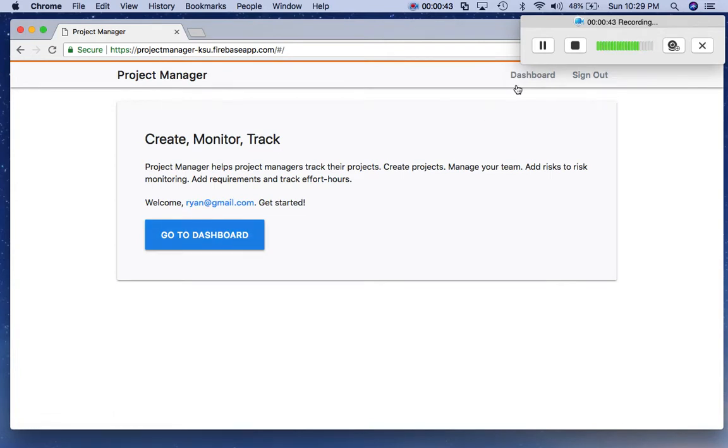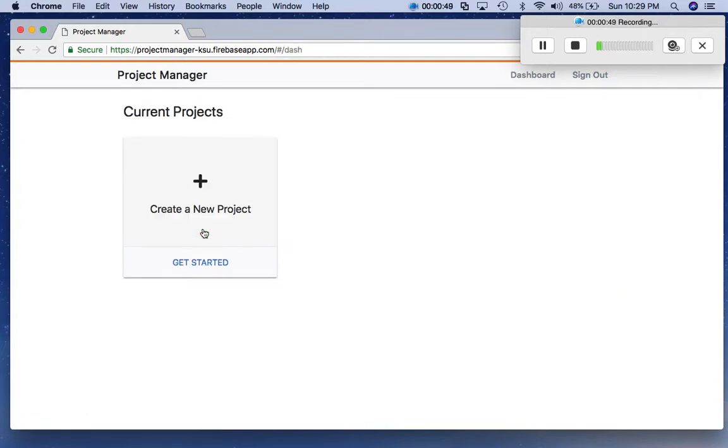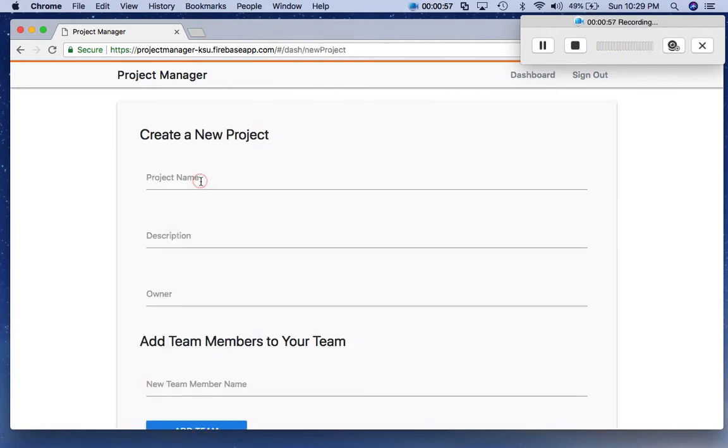So you can either access that by clicking the dashboard up here or go to dashboard after you have registered. Since this is a new username, there are no existing projects, so we will create a new project by clicking here. Alright, and then this is the page where you will enter in various aspects of the